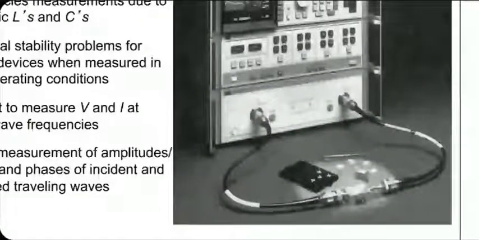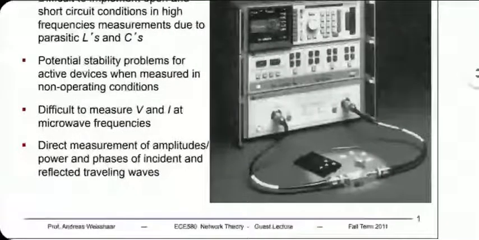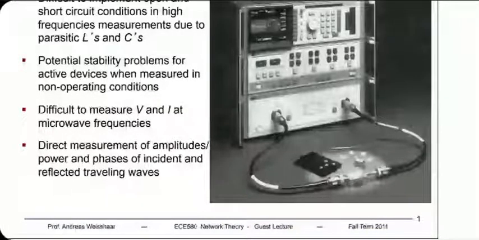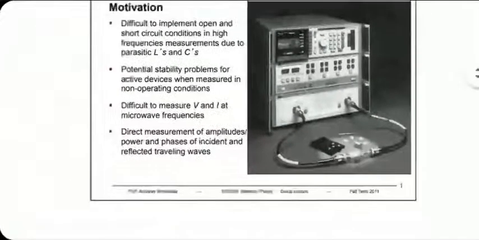Before you do that, you short circuit the 2 cables with each other and do calibration so that instrument uncertainty, etc. are subtracted out. Then you put the device in. And usually it is possible to measure the magnitude and phase of all the 4 S parameters directly on the screen. Data can be taken out in digital form also. It can be imported into an Excel spreadsheet and whatnot. You can do a lot of things with the data collected from the measurement setup.